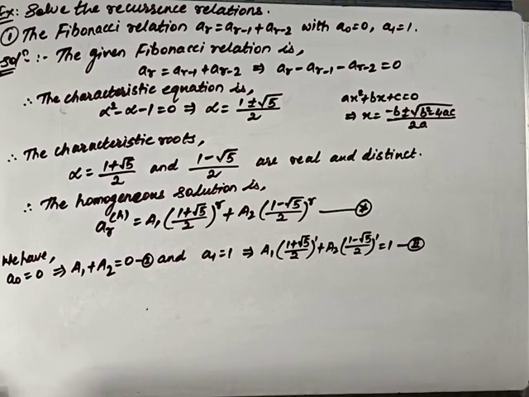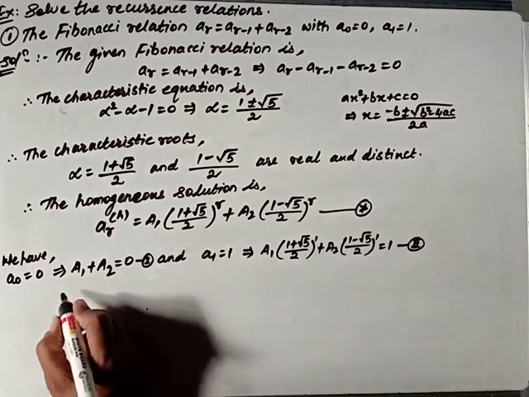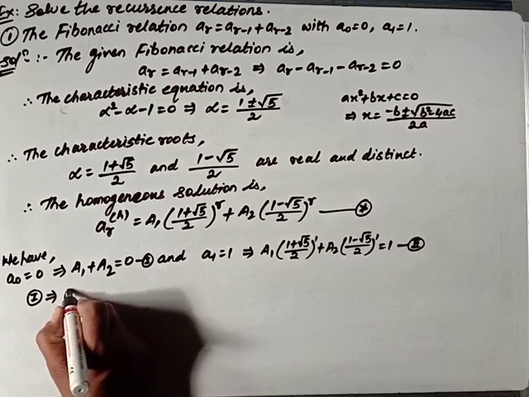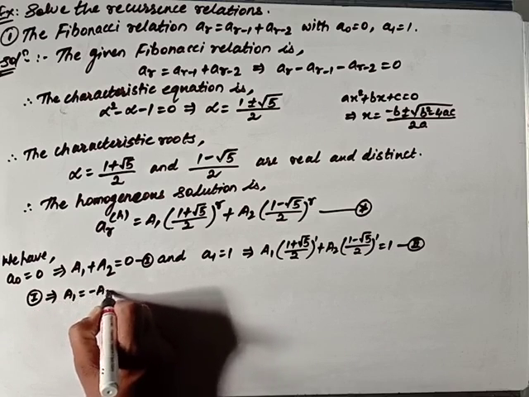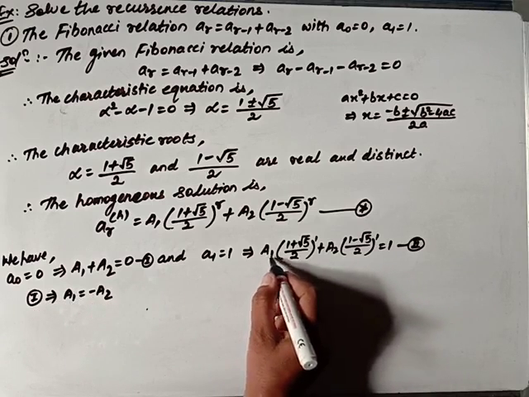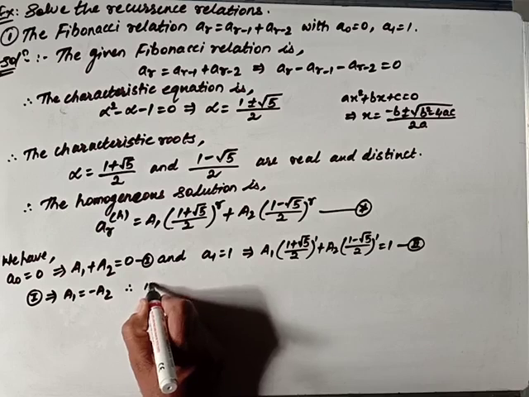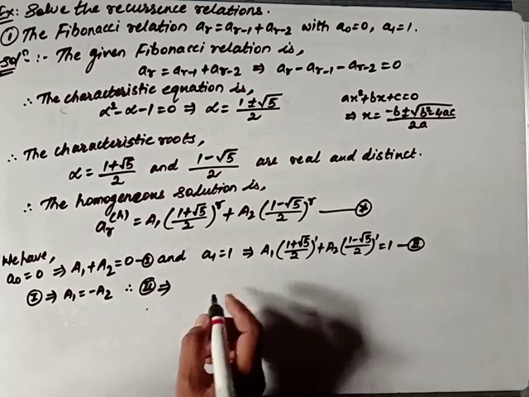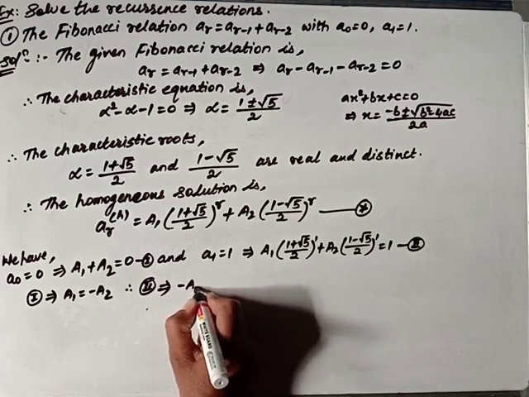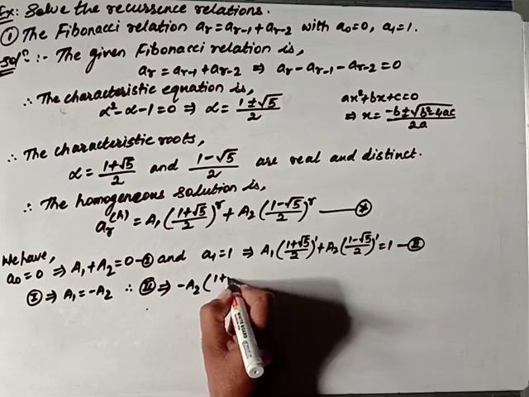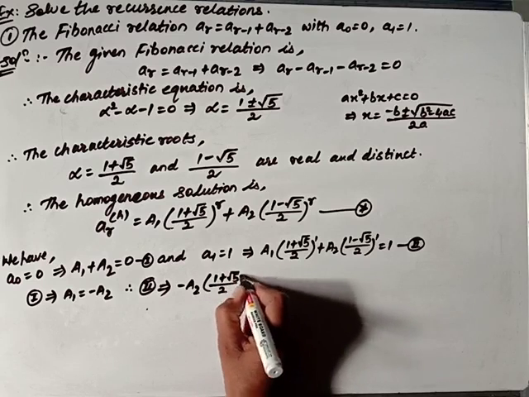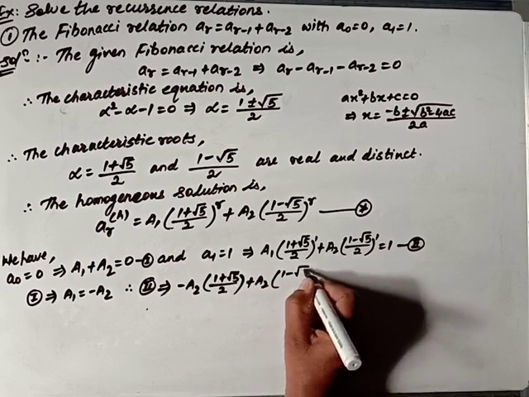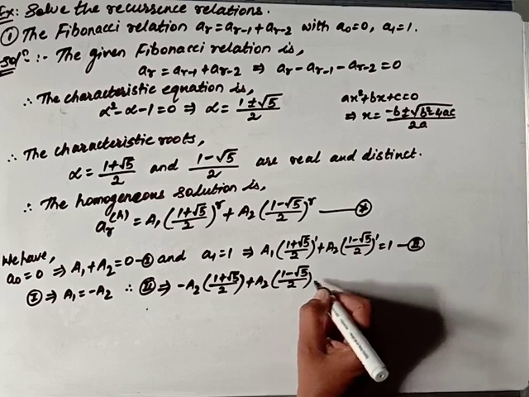Now 1 gives A1 is equal to minus A2. Therefore 2 becomes minus A2 into (1 plus root 5 by 2) plus A2 into (1 minus root 5 by 2) equal to